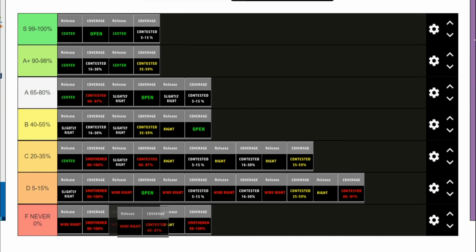And similar to that in the same category, it's just kind of like wide right, and you still get a solid contest. Whatever that threshold is for getting a heavy contest, bam, never. Also in this category, you get a yellow, but you get basically an 88 to 100% fully contested shot. I don't want that ever